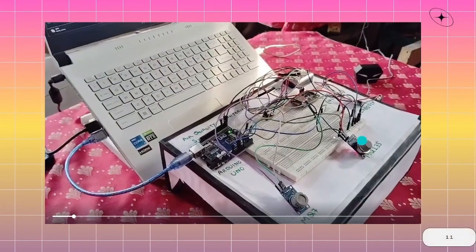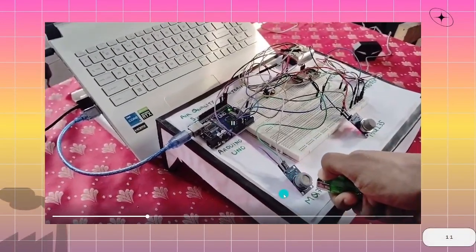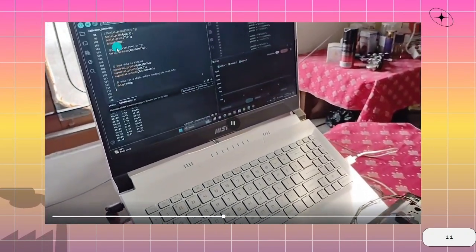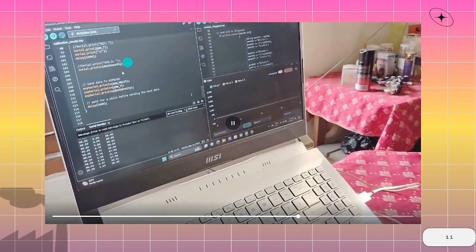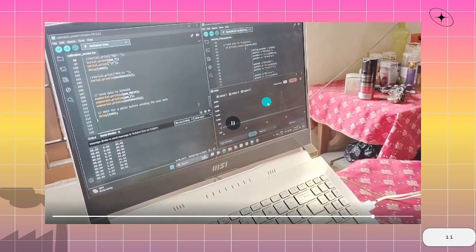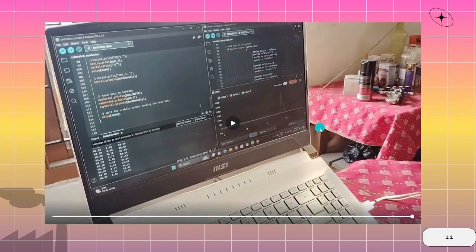This is basically a video. As we can see, this is the MQ7 sensor we have kept, and these are the readings we're getting from the individual sensors. As you can see, the graph is being generated here. So if we move forward now,